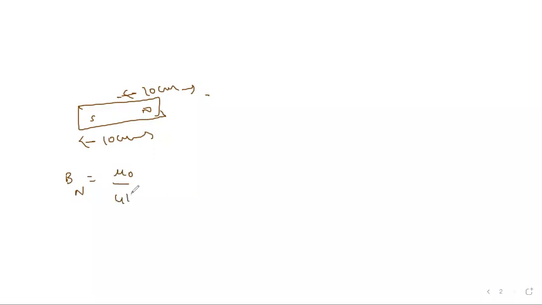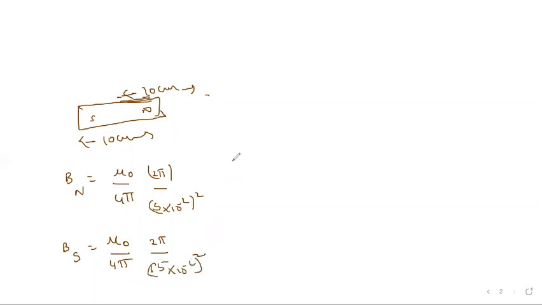If you want to calculate at that point the magnetic field due to the north pole only, separately, what is the formula then? Mu naught by 4 pi into m, what we got for small m, the pole strength, 2 pi, by distance square. Only from the north pole, what is the distance? Here to here, 5 centimeters. So that is 5 into 10 power minus 2 whole square. And what is the magnetic field due to the south pole? That is again the same formula, mu naught by 4 pi into pole strength, which is also the same for the south pole, but the distance is different. That is 15 centimeters, 15 into 10 power minus 2 whole square.